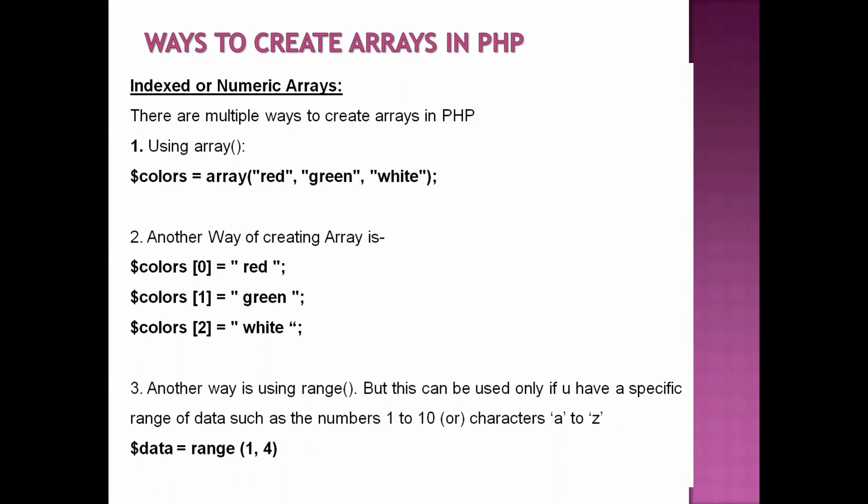Okay, so can you differentiate these two ways of creating the array? Here we need to specify what values you want to store. But here, whenever you decide to store continuous numbers in the array elements, then we need to go for the range function. Okay, so these are the three main ways for creating numeric arrays. Now let's see how to create indexed arrays and associative arrays. But before going to associative arrays, I'll show an example program on this indexed array.